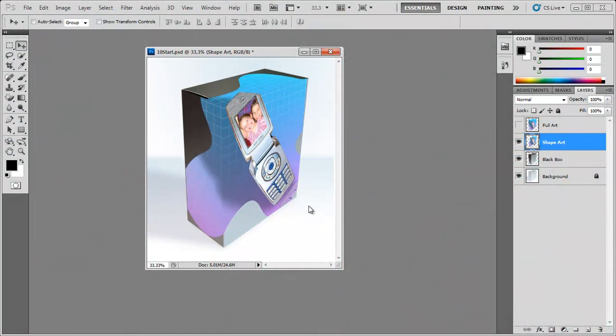All right, just to recap, we've got a box in front of us. We've got our shape art on there. We created a vanishing point. Vanishing point we're going to continue to use, by the way, as well. So we're going to move forward. We're going to add some more things to this cell phone box, and they're going to be done a little